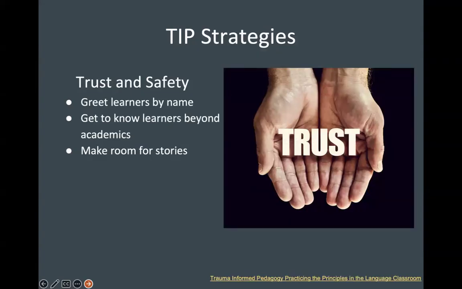So let's come to the TIP strategies. These principles emphasize the critical importance of creating an environment where students feel safe. For learners impacted by trauma, safety is often compromised. So establishing consistent rituals, routines, and predictable classroom structure is key. Some examples would include start class with familiar activities, like a quote of the day or a clear agenda. Such predictability fosters trust.